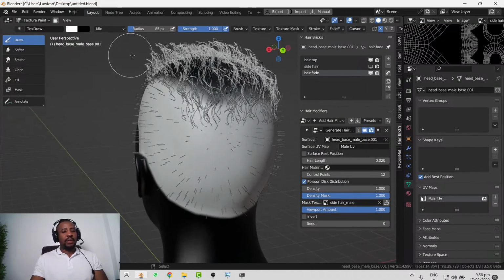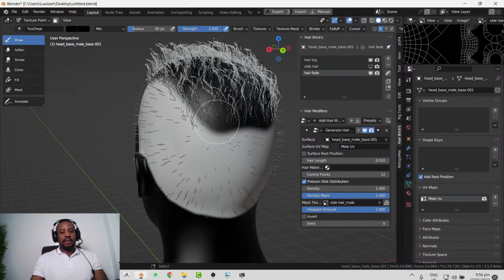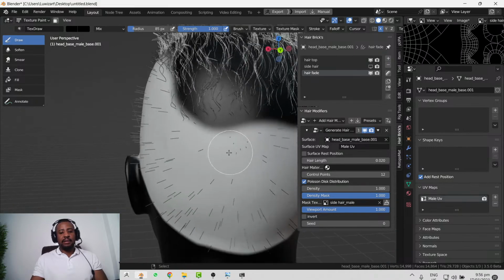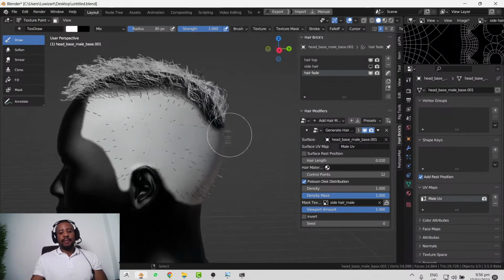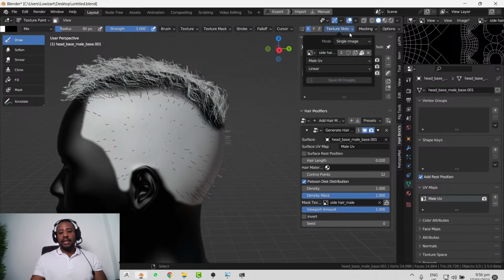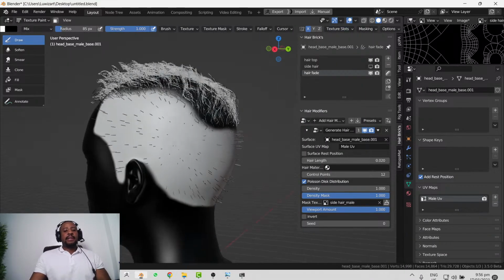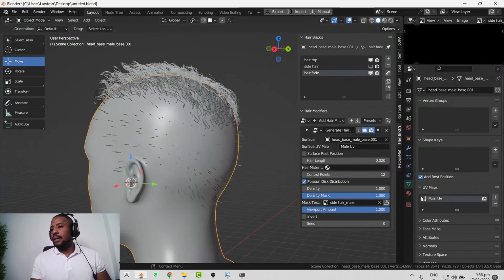So probably we don't want it to go really deep here, so we don't create any sort of weird look in the hair. So we can go ahead and save this image. The same thing we can find right here. So once you have that,